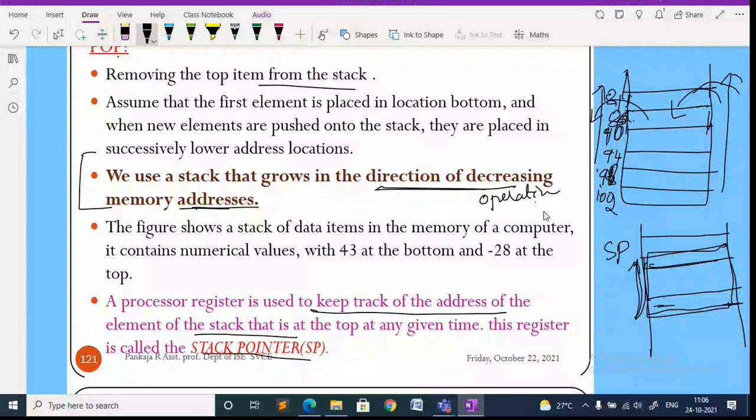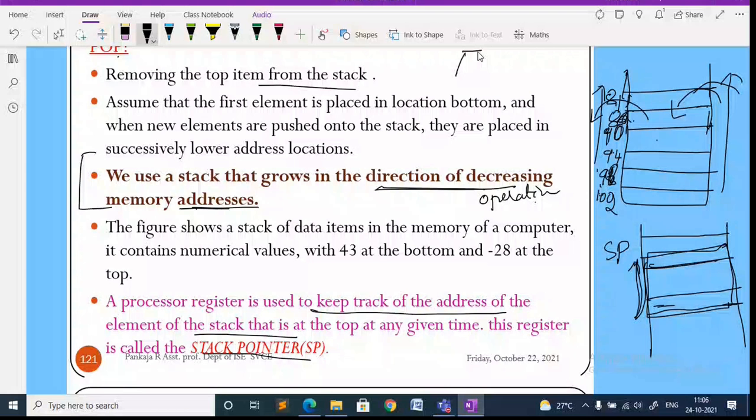So that is how we are going to learn the application of the stack. This is one application of the stack: to store the information about the subroutine. What do you mean by subroutine? It is nothing but the functions of your program. Why we need subroutine or function information to be stored in the stack, I will explain. Now there is a pointer called the stack pointer that is always pointing to the top of the stack.